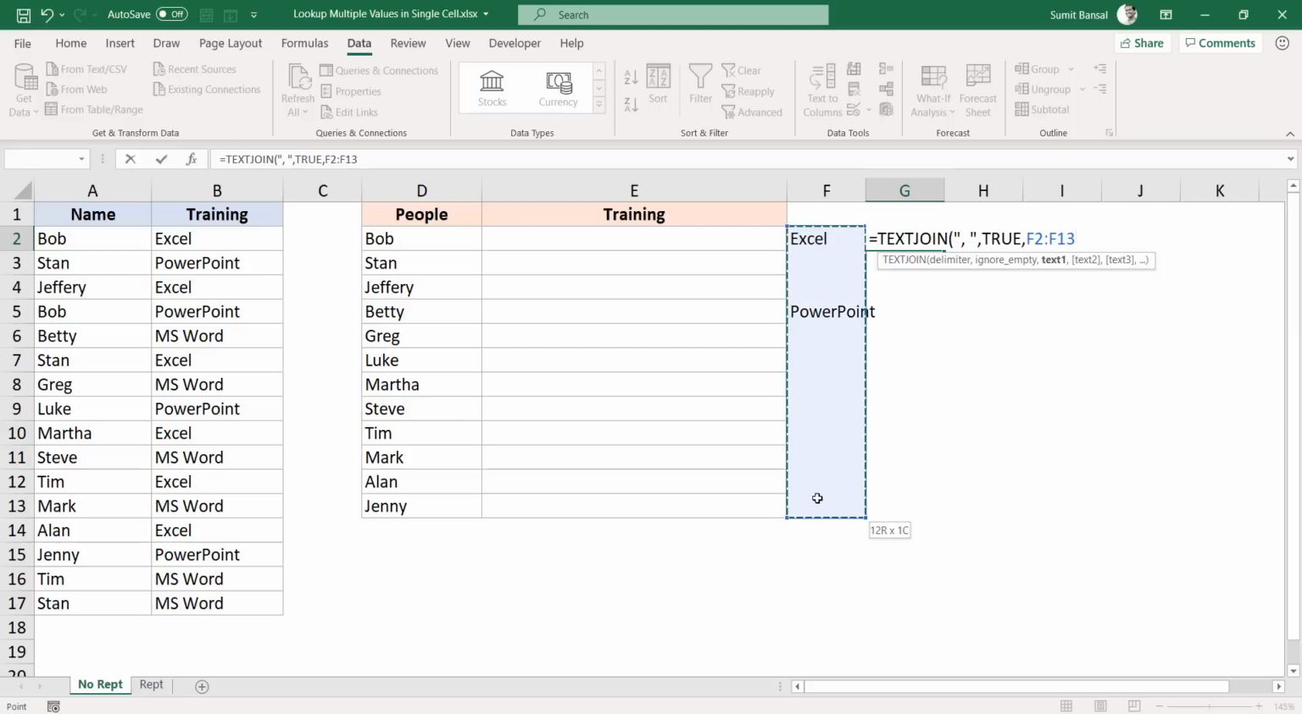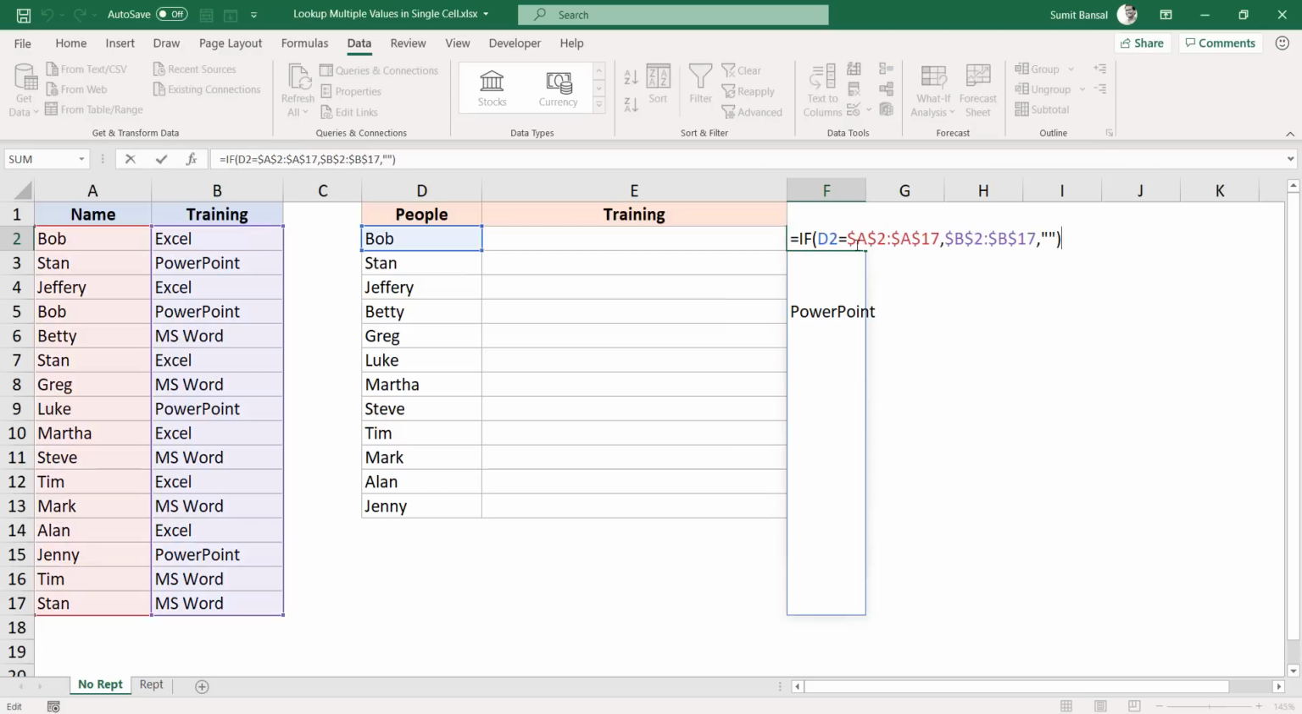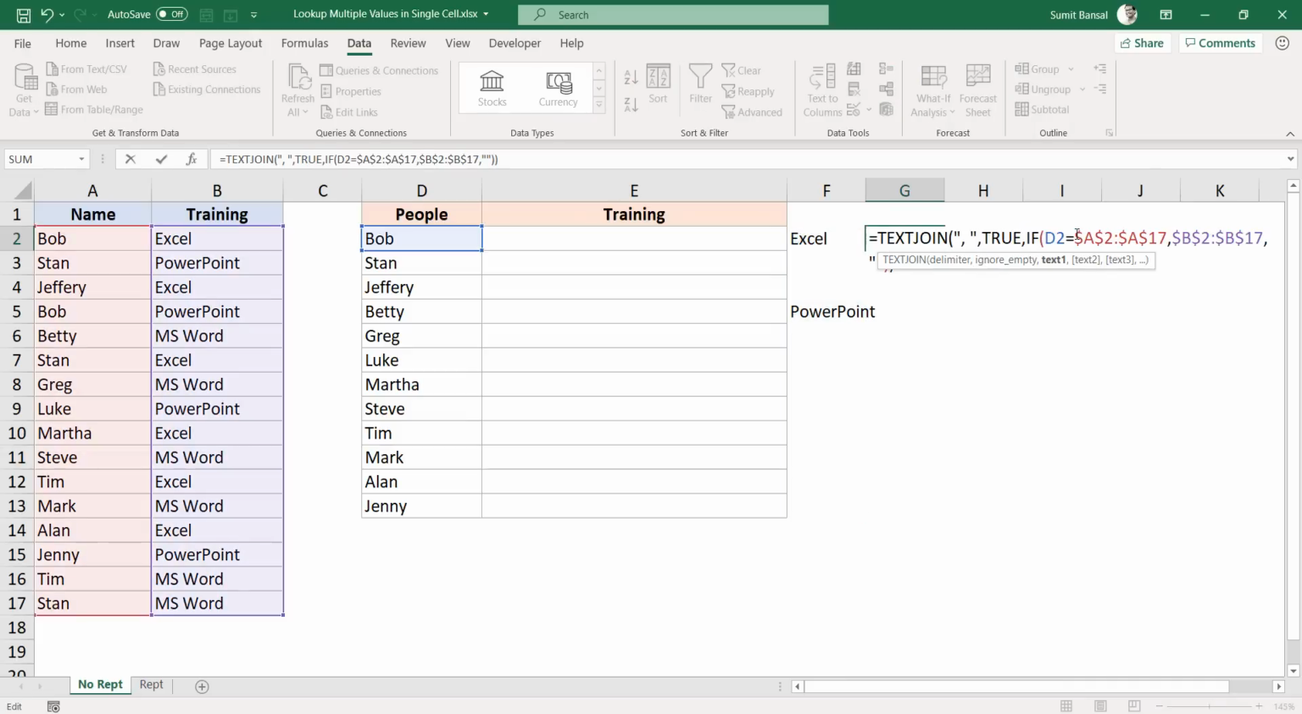Now instead of using this, let me first continue with this here and show you that the result is Excel, comma PowerPoint. But instead of using this range here, I'm going to come here and copy this formula and put it there as part of the TEXTJOIN function. So instead of F2 to F3, I'm going to simply copy this formula here